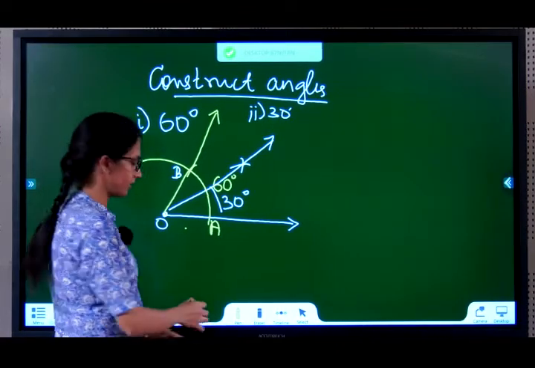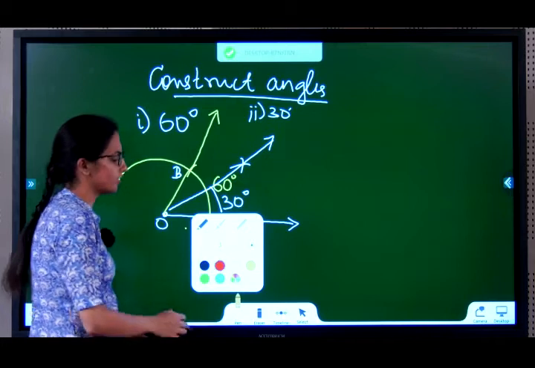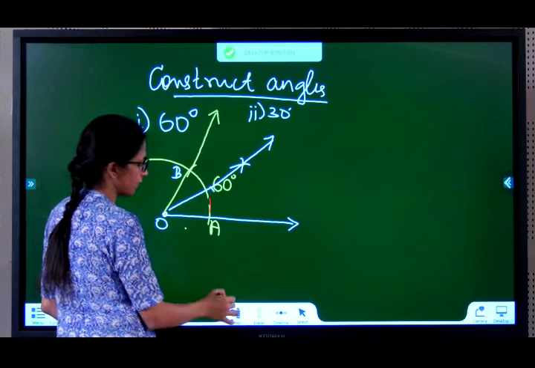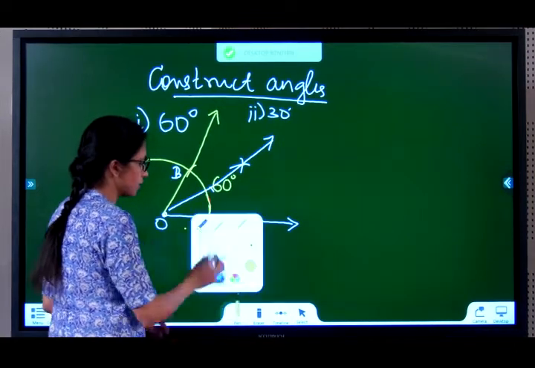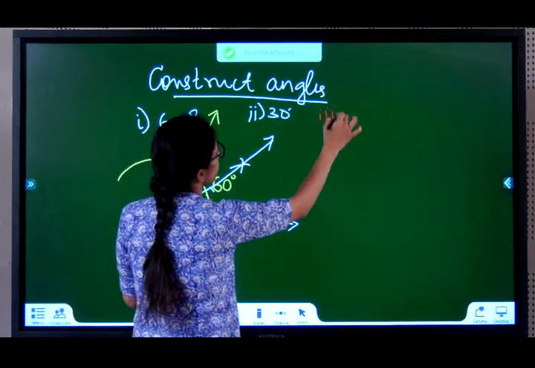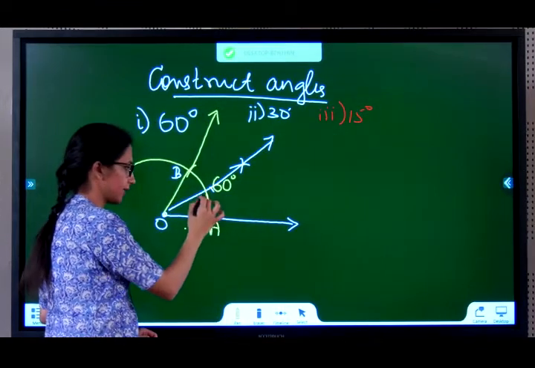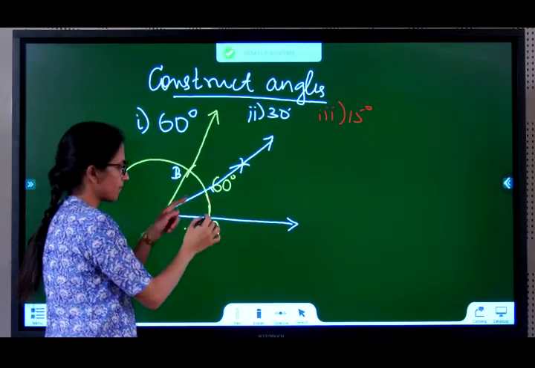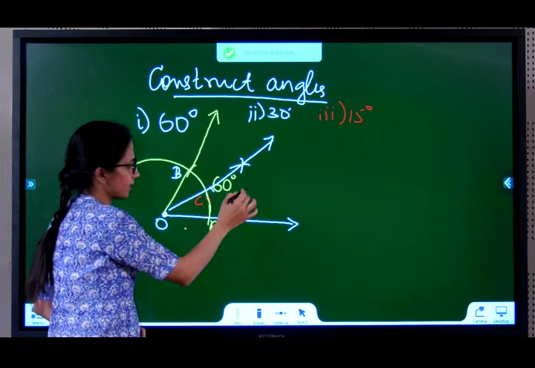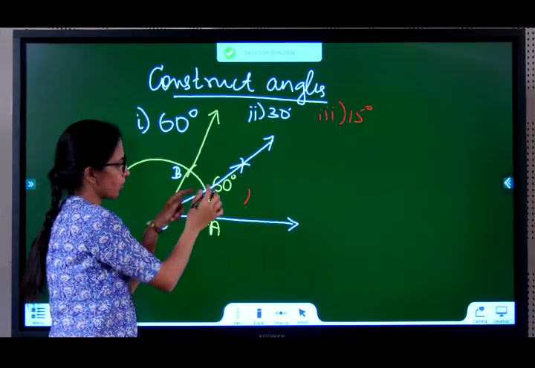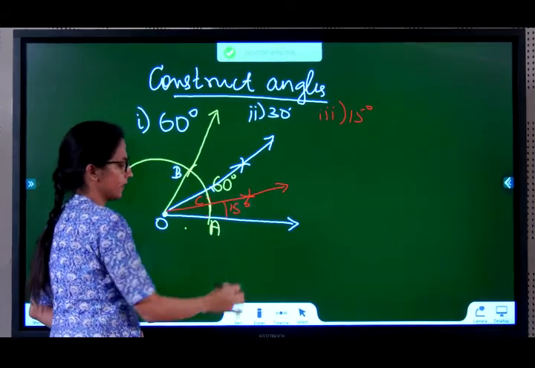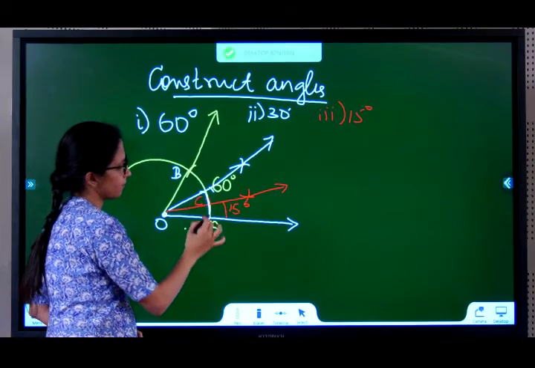What if you want 15 degree? Then further you've got to continue. Now you have 30. You have to now construct 15 degree. So, in this 30, you have to bisect this 30 degree. Once you got the 30, bisect that. So, this is now your arc. Bring your compass and measure more than half of AC. Cut an arc from A. With the same radius, go to C and cut an arc. Join O to this. This will now become 15 degree.